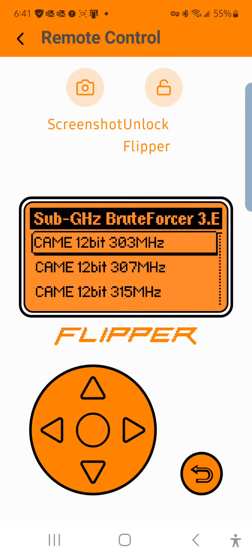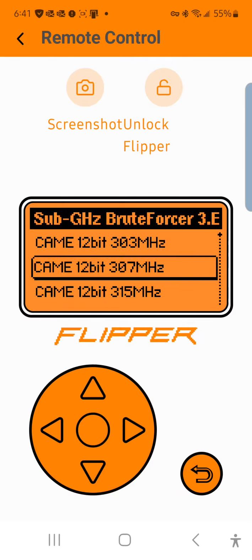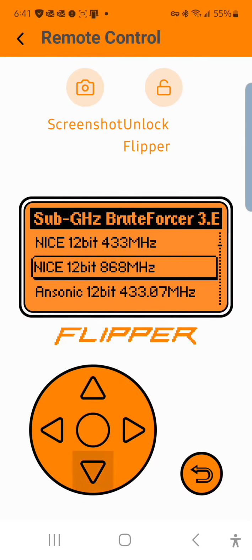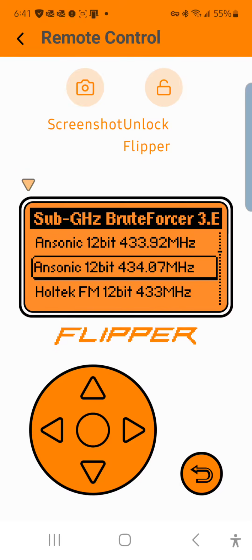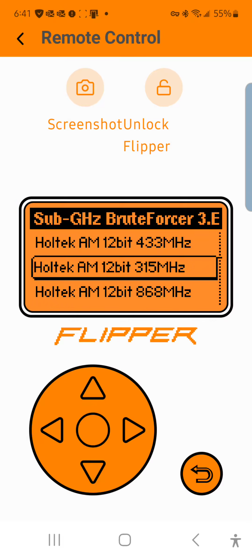So CAME 12-bit 303 megahertz, CAME 12-bit 307 megahertz, CAME 12-bit 315 megahertz, CAME 12-bit 433 megahertz, CAME 12-bit 868, Nice, Ansonic, Holtek,